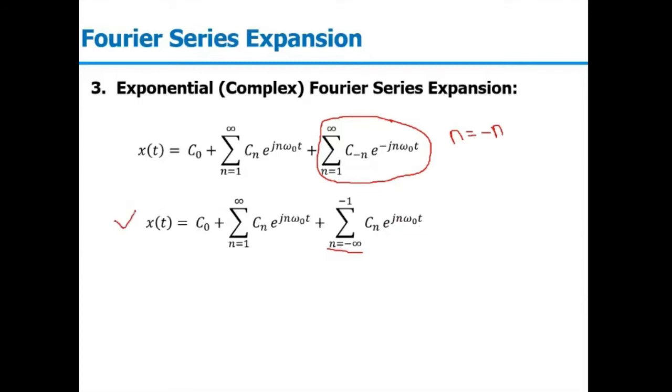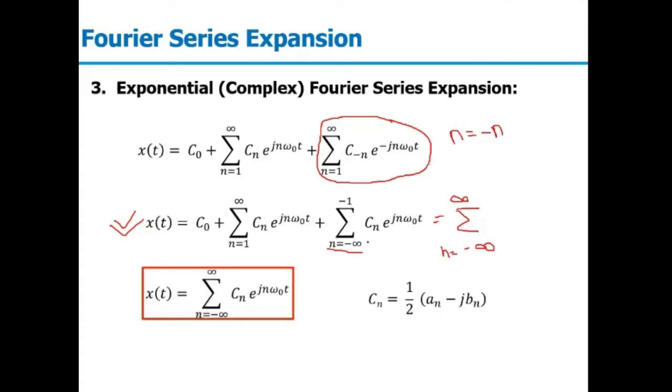And if you carefully see this equation, since n is an integer value, we are having all the components from n starting from minus infinite to minus 1, then 0, and then 1 to infinite. That is, we can combine these n terms, and n will vary from minus infinite to infinite. And the equation will be something like this. So x of t equal to summation n equal to minus infinite to infinite c n e power j n omega naught t. And this we call an exponential Fourier series expansion or complex Fourier series expansion,